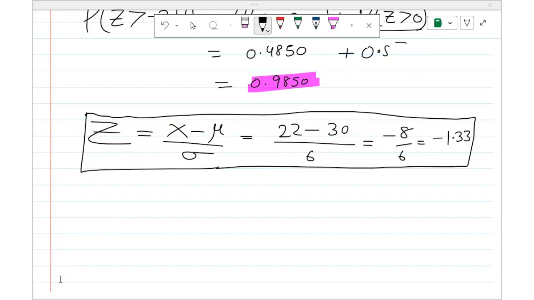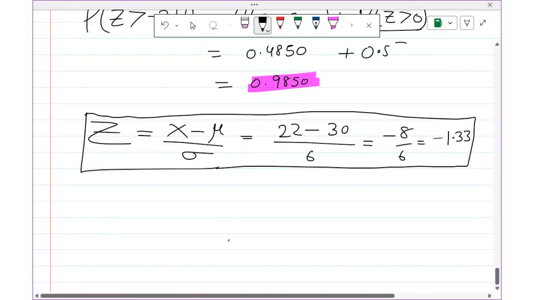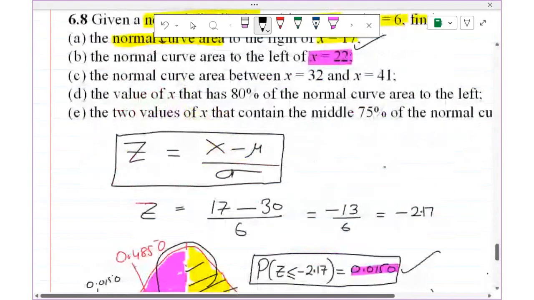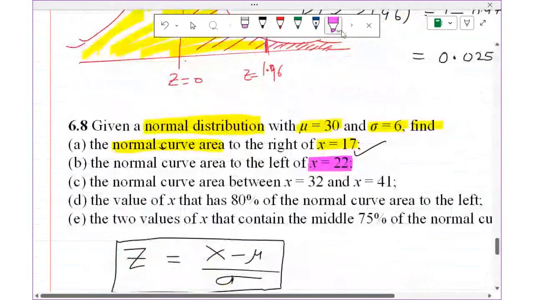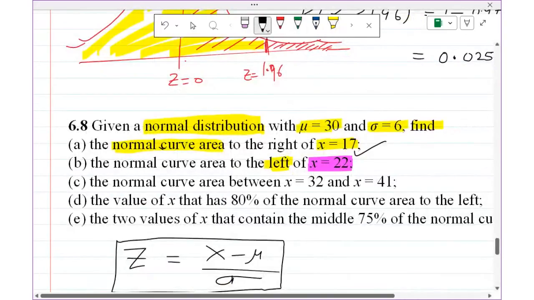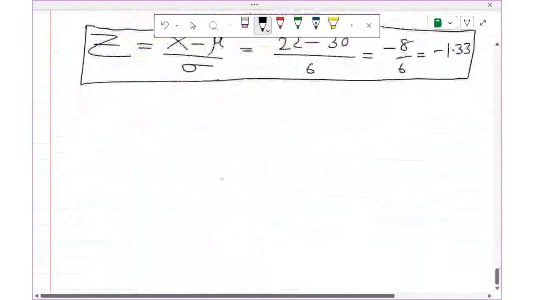Okay, so let us complete this second part. Now z is equal to minus 1.33. So should we find the left or right? What is asked in the question? We are asked to find the area to the left side of x is equal to 22. Left side means